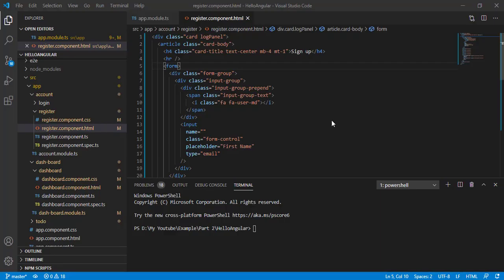and in the form element we need to add a reference variable. A reference variable is used to get the DOM object in your component. To add the reference variable we need to add a hash, and then we can give any name like registrationForm, and this is a type of ngForm. We need to give this ngForm directive here, and let's save this,